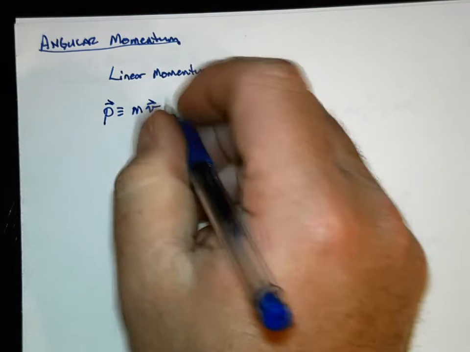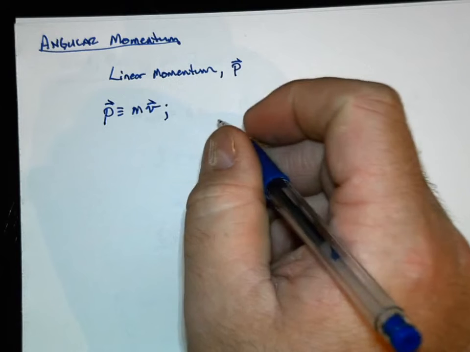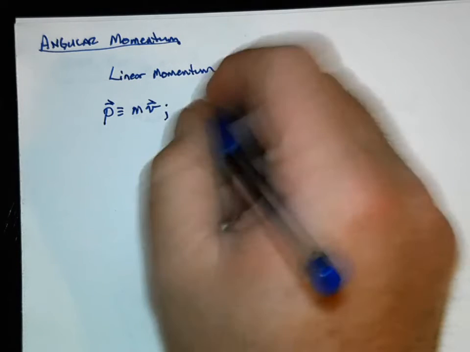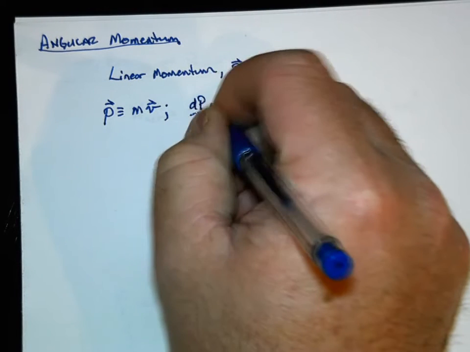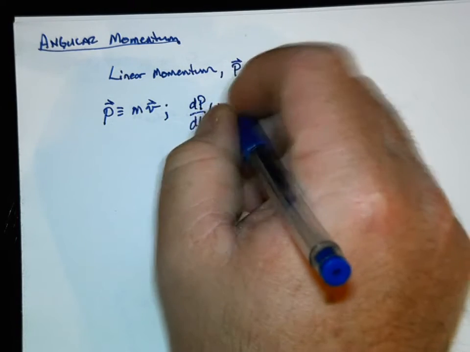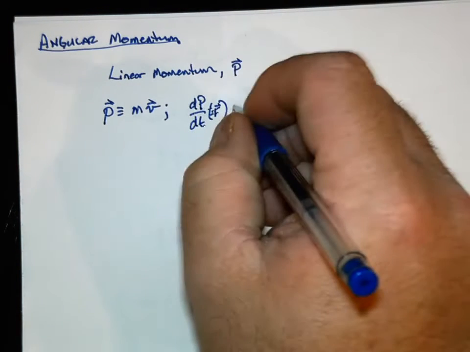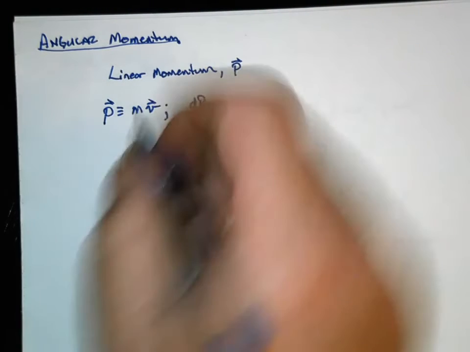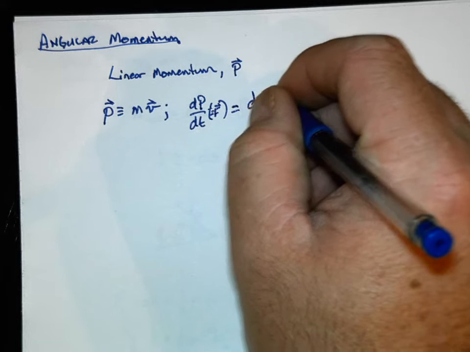And then if we take the time derivative of that to get our force term, dp/dt, which equals force, by the way, equals, we product rule this, so it's going to be dm/dt times v,